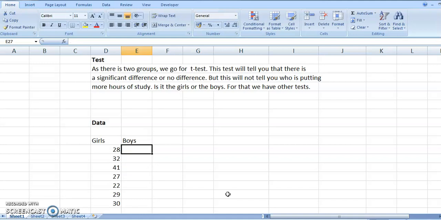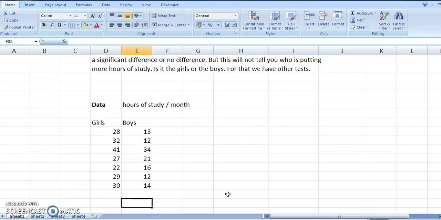These are the number of hours of study per month by each student, that is boys and girls. Now let's say for the boys, we will keep it voluntarily low, without any hard feelings for the boys, just to say that there would exist a difference. That's the intention, no other ulterior intention.